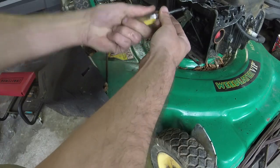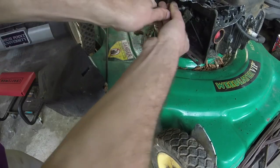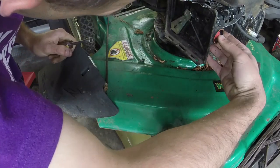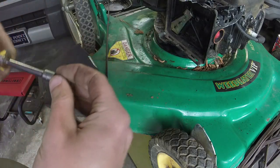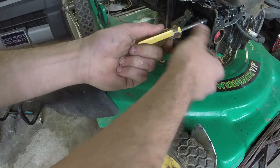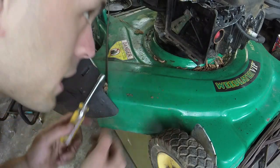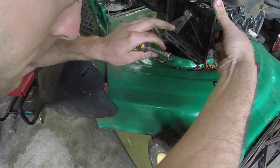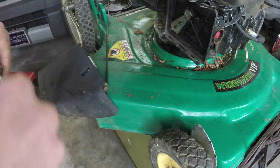This was a new carburetor. I had done the works to that other engine. I tried to mend it by, oh, we're getting great primer action there. I tried to mend it by welding the nut on, and it worked for I think about three mows, and then I hooked the guy up with a different engine on the mower deck, just because I'm like, this was my work. I stand by my stuff,